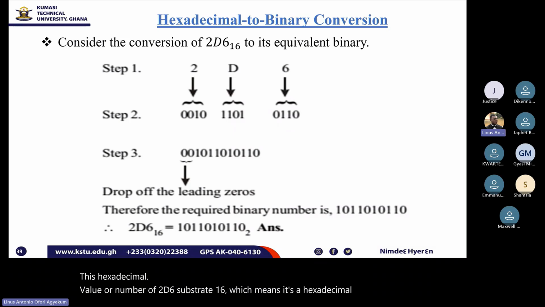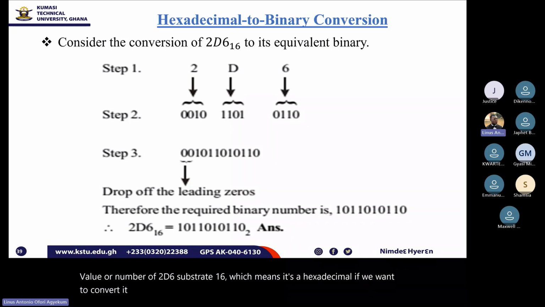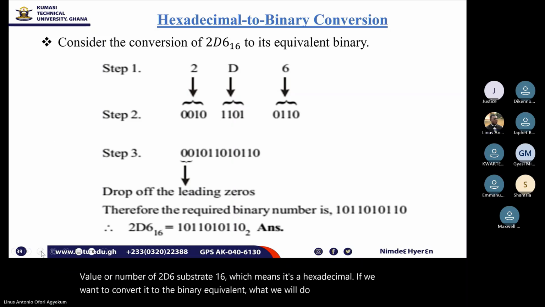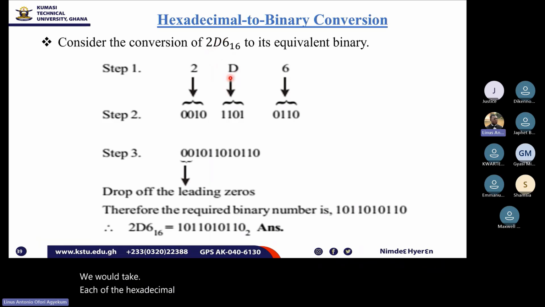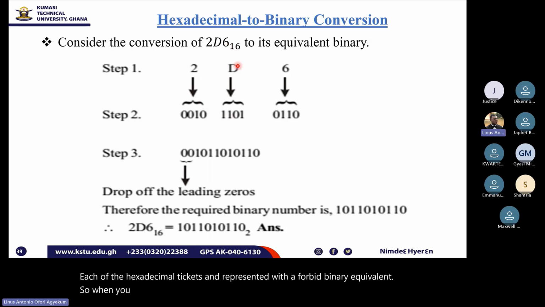If we want to convert it to the binary equivalent, what we will do is take each of the hexadecimal digits and represent it with a 4-bit binary equivalent. So we take it from the right, which is the LSB, to the left, which is the MSB,